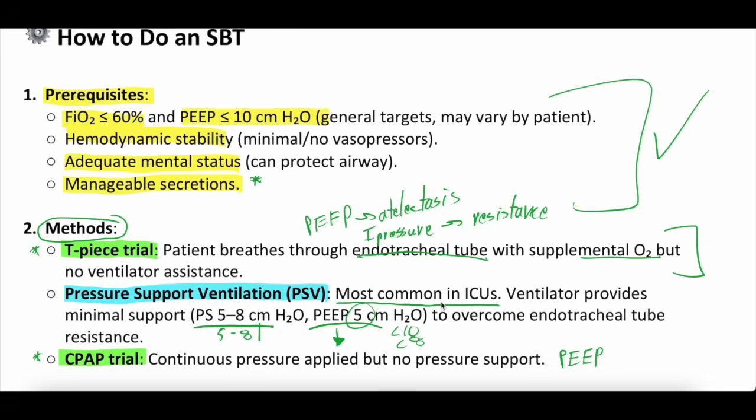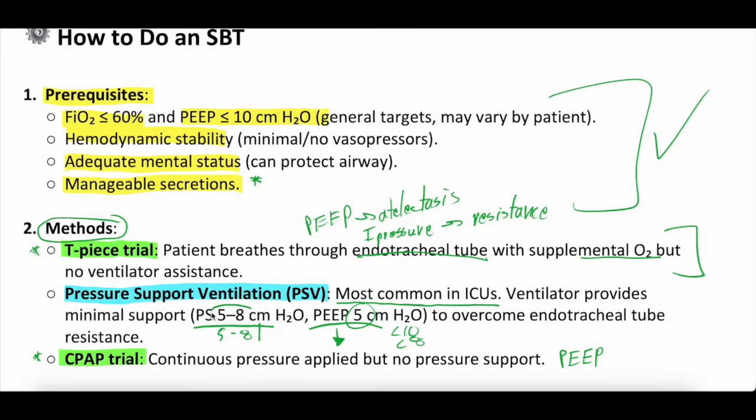But just to lay this out, the patient's on the vent, you switch the mode of the ventilator to pressure support, and that ventilator does not deliver any breaths except when the patient triggers it. So if the patient doesn't take any breaths on their own, the vent doesn't give them any breaths. They're completely apneic until you eventually get to the apnea alarm, in which case the ventilator has a backup mode that kicks in. But when the patient goes to take a breath, the ventilator senses that and it delivers